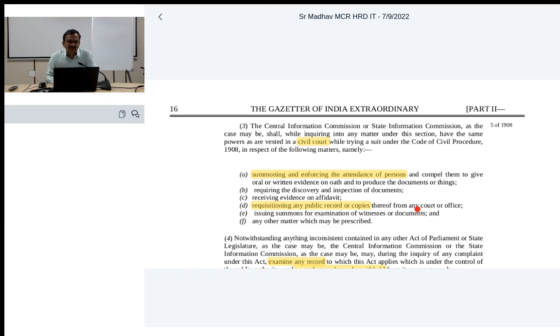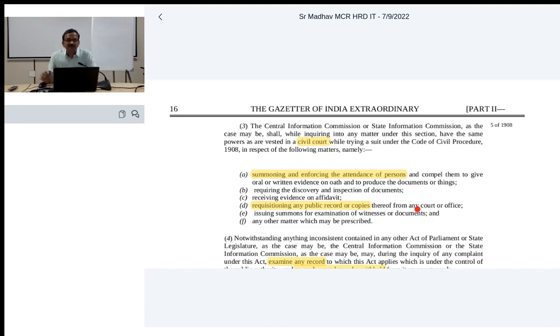So India is one of the few countries which introduced this provision, and we also enforce it. Unlike Canada, we regularly impose penalties. We can say in 2 to 3% of cases, most of the commissions impose penalties. After 2005, Bangladesh enacted a Right to Information Act. They also included this provision. Nepal also included this provision. So this is, I think, a group of very few countries which have this provision.